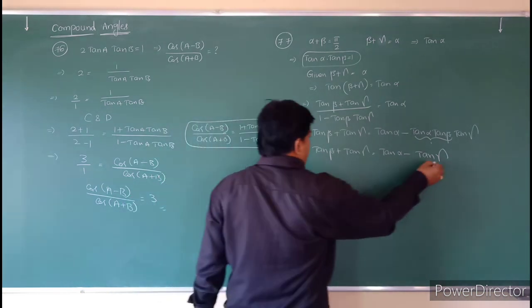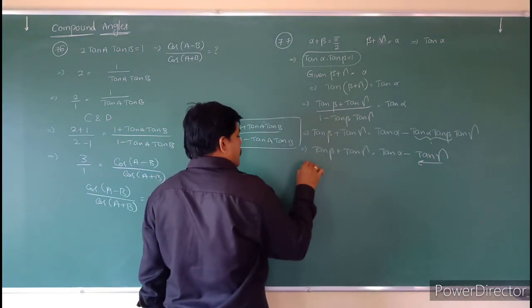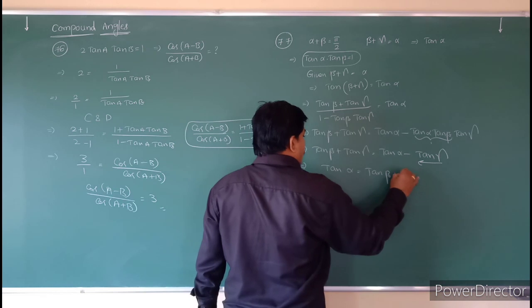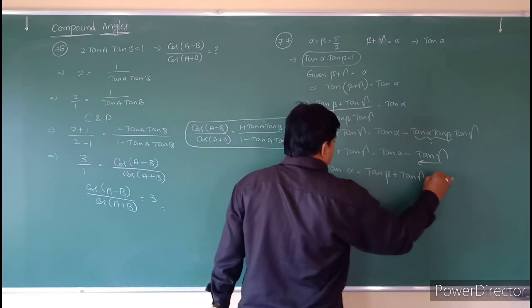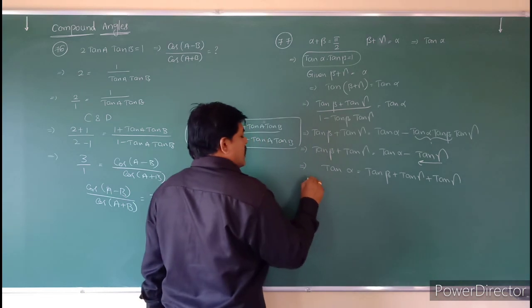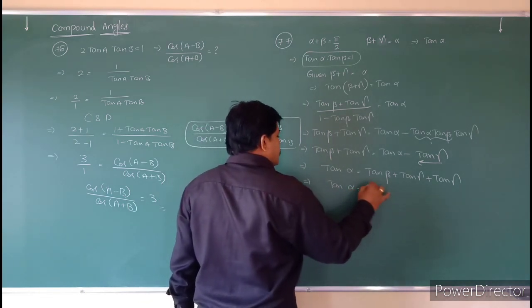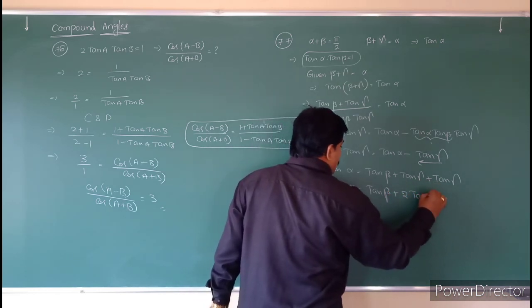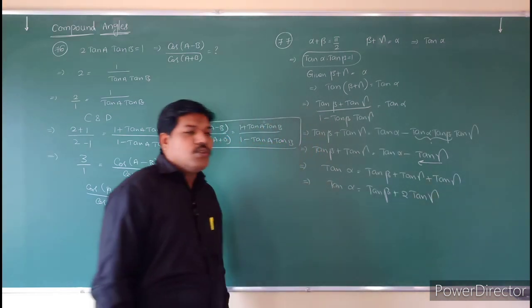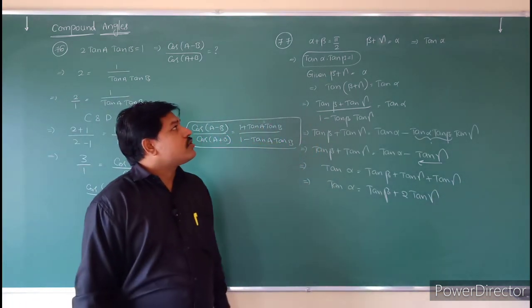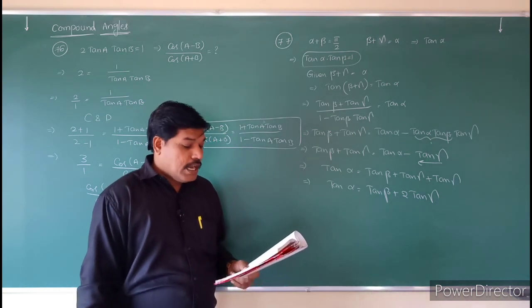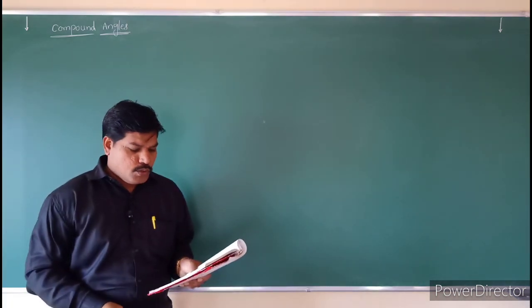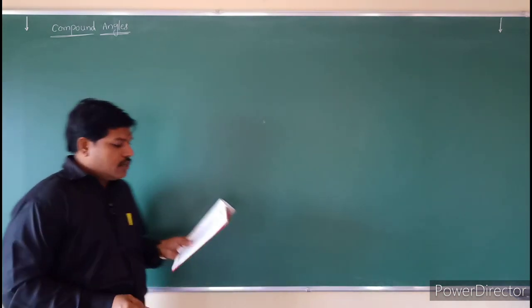So what I will do is take this tan gamma to this side. So that implies tan alpha is equal to tan beta plus tan gamma plus tan gamma. So that implies tan alpha is equal to tan beta plus tan gamma plus gamma, that is nothing but 2 tan gamma. So see that question, students. The option is nothing but option 3, that is the answer. Okay. So see the question number 78.